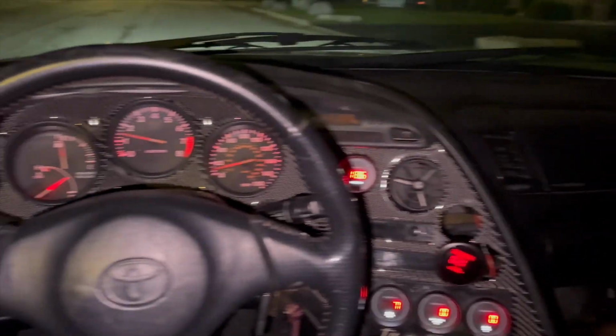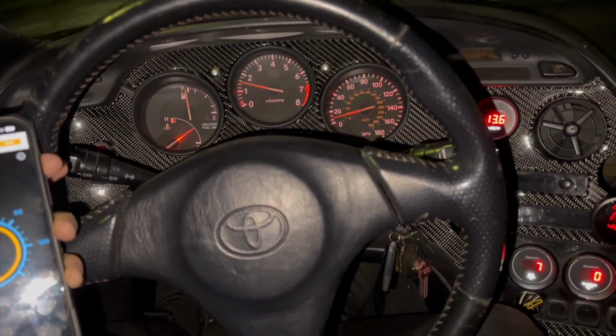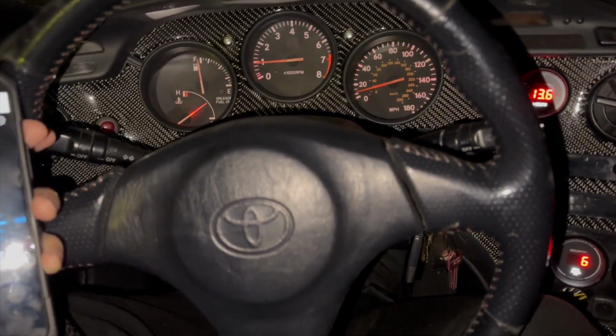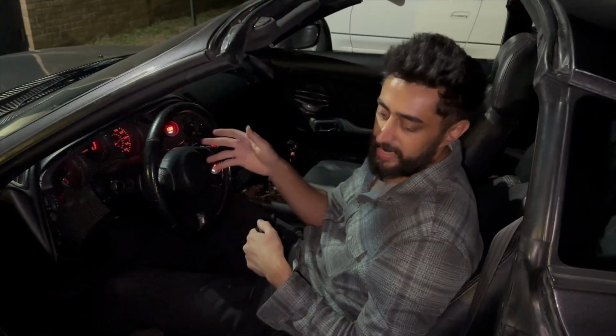No, it's actually really nice. I mean, I really like it. Yeah. Especially when the power gets on. I didn't know how off that speedometer is. I'm getting pretty speed pretty quick, dude. Yeah. I can't wait to put another pull to see how fast I hit. So the trans, stage 4 TFT 400 trans, the rear diff